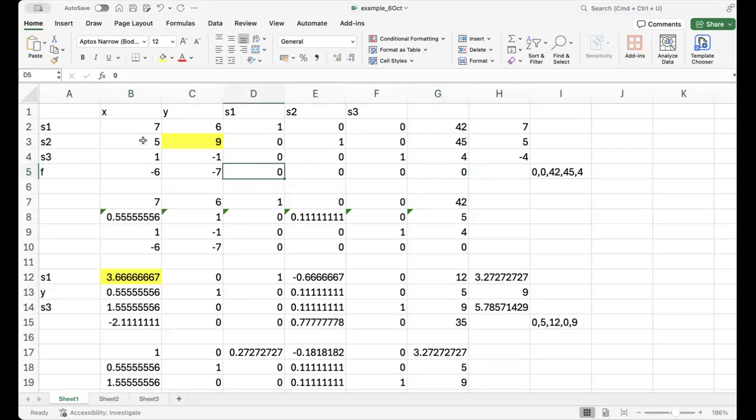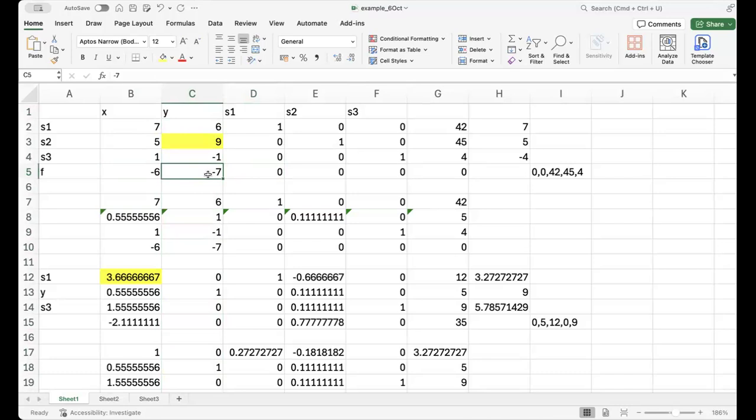So, which is the pivot row? Oh no, column, not row, pivot column. For the pivot column, we consider the most negative coefficient of the objective function, which is the coefficient of y, this one, which is -7. So in the next round,